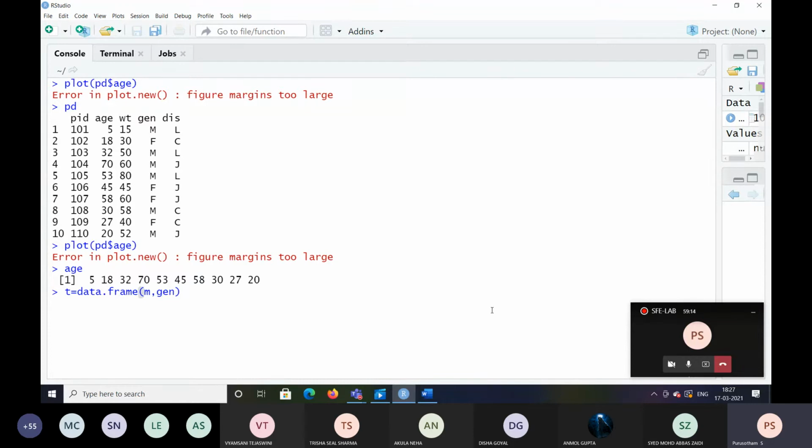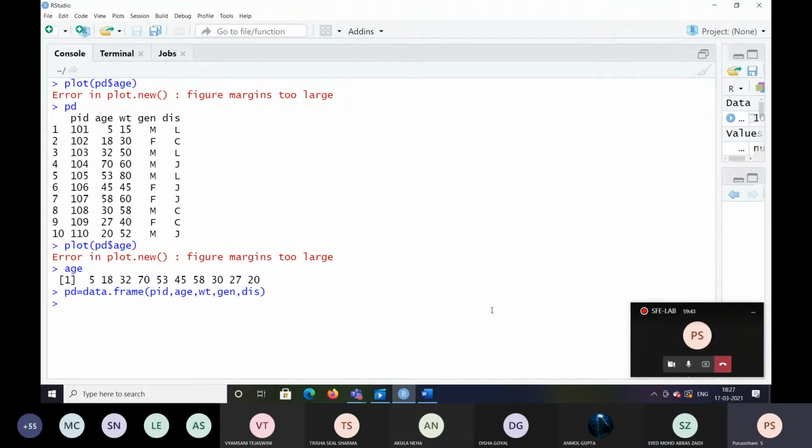Data.frame for PID age. Sir, that's all I did. Yeah, it's here. Press enter once.